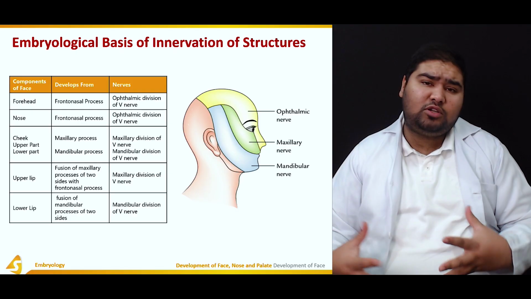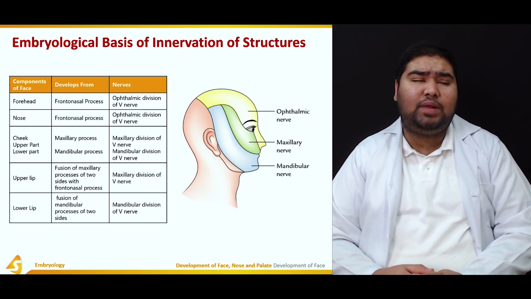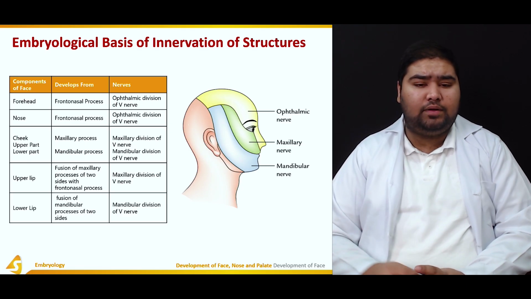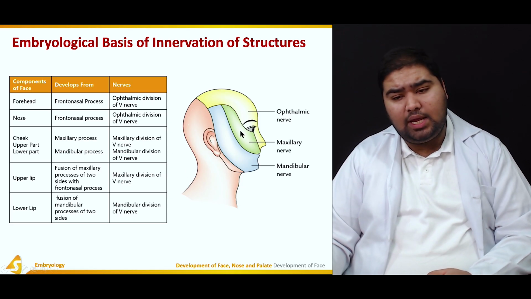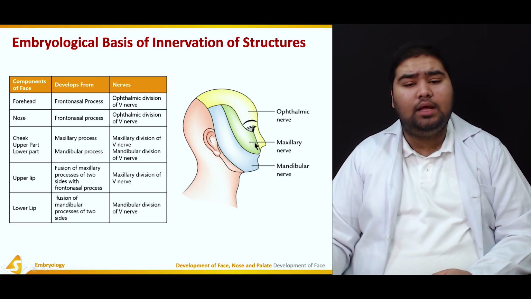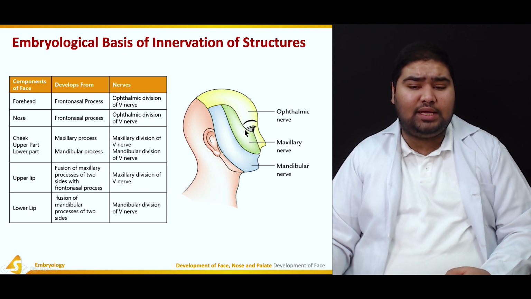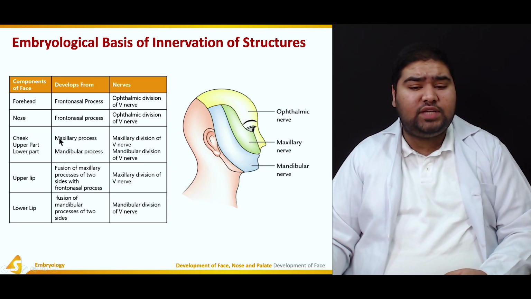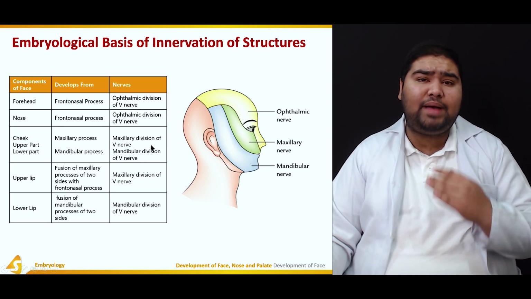The frontonasal process helps in the formation of the external nose. It is also supplied by the ophthalmic division of the trigeminal nerve. Now we're talking about the cheek. The upper part of the cheek is in green, the lower part of the cheek is in blue. The upper part of the cheek is formed by the maxillary process, and this is supplied by the maxillary division